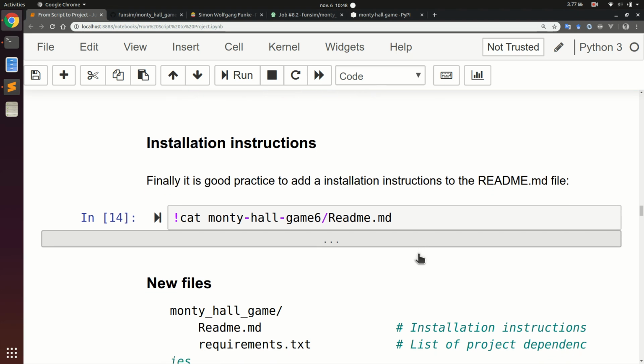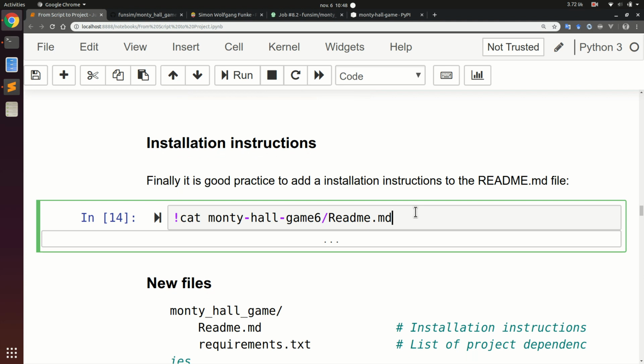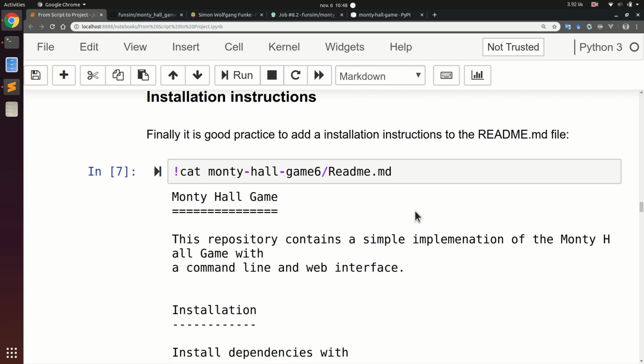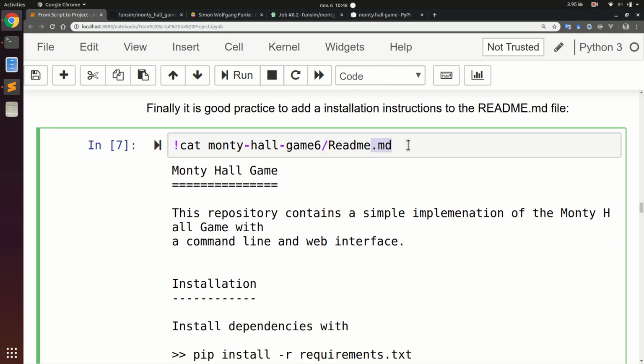Okay, so finally, I mean, this is trivial, but it's very important that any good project has a README file. Typically, I use this MD format. It's Markdown. It's just this very simple text formatting. So you use, for instance, these equal signs to specify headings and single colons to specify subheadings. And the reason